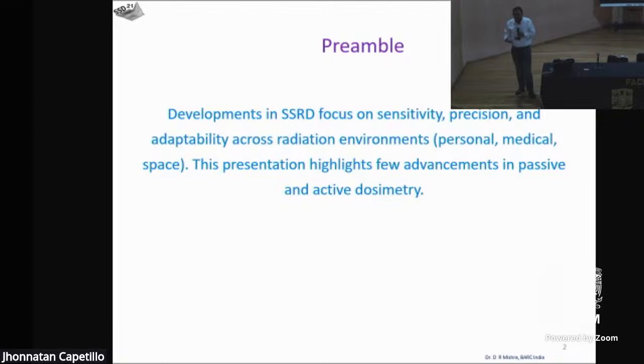Since morning, we have gone through a journey of theoretical aspects. In coming few days, we are going to see how in medical physics we are using them, how the radiographic films are used, how the RPL kind of systems are being used. So in coming few days, we'll definitely have certain aspects.